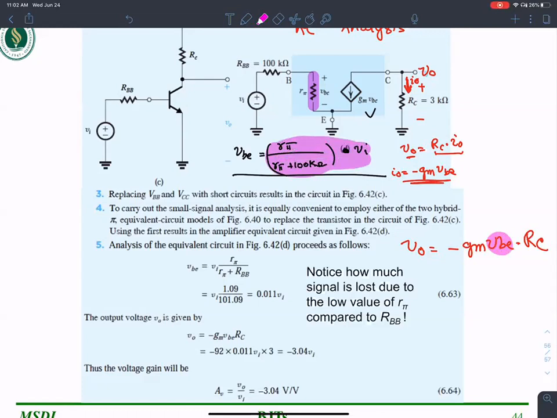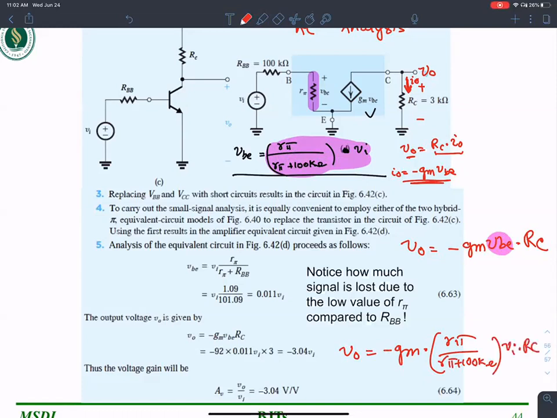So V out can be expressed as negative GM times R pi over R pi plus 100 kilo ohms times VI